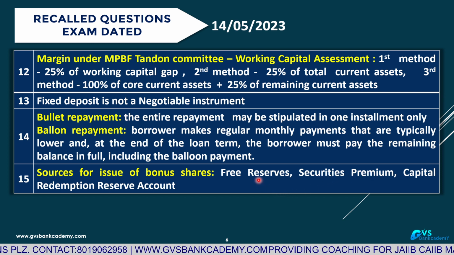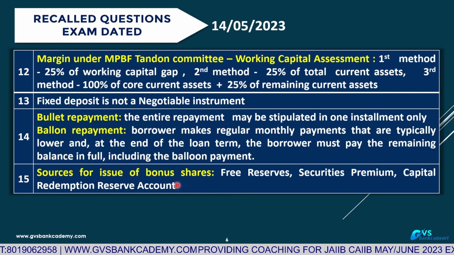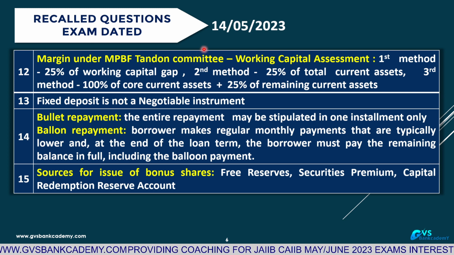By debiting free reserves, securities premium account, or capital redemption reserve account, companies issue bonus shares. Even though these are 15 questions, it may be equivalent to 30 to 40 questions. These questions were actually asked in